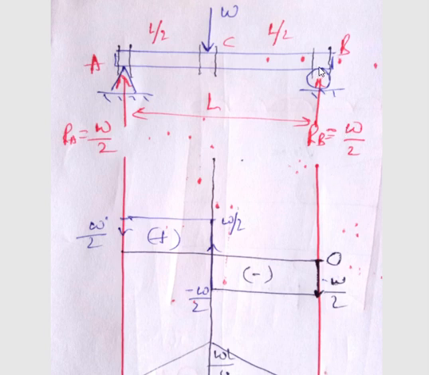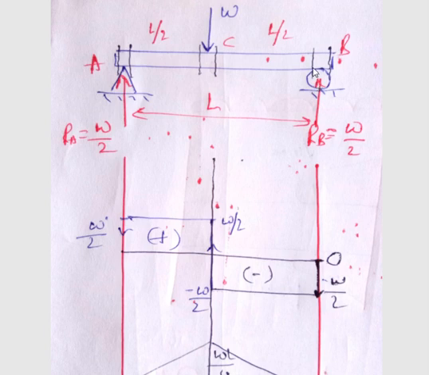The distance between this section and this force is 0. Just to differentiate, I am writing this section like this. So from 0 the force we are going to take as minus W by 2 because it is acting upwards to the right of this section. Again, the distance between this force and this section is 0. Just to differentiate and to plot this SFD, we are representing it like this.